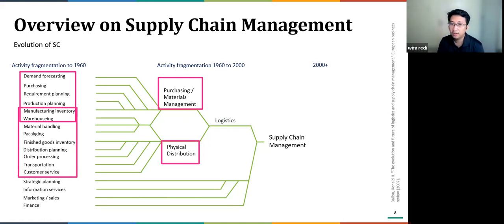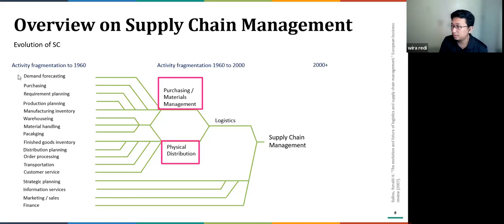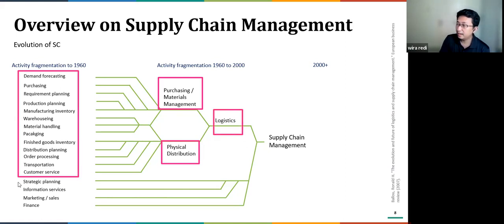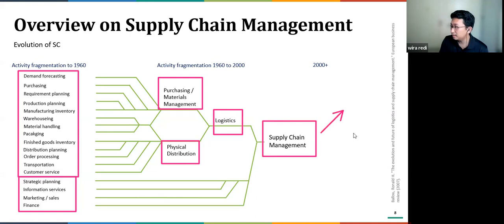If you combine these two terminologies or activities, they can also be considered logistics activities. And if you add logistics activity with several things like strategic planning, information services, marketing and finance, then you have the terminology for supply chains. And even nowadays the supply chain is still expanding to become several more